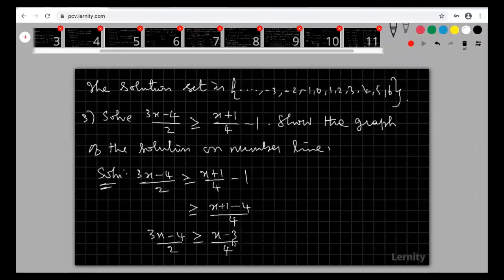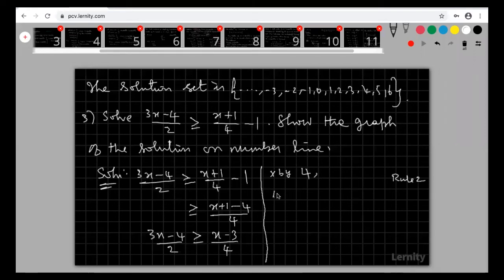Okay. Right. And now I am going to apply rule 2. What is my rule 2? I can multiply both sides by any positive number or negative number. Negative number means I have to reverse the sign of this inequality relation. Positive numbers mean no need. I am going to multiply by 4 on both sides. Why, sir? Because the denominator 4 is there. I need only x, I am going to find out x. For that, I am going to simplify this, so I am going to eliminate this denominator. How to eliminate the denominator? Multiply both sides by 4.